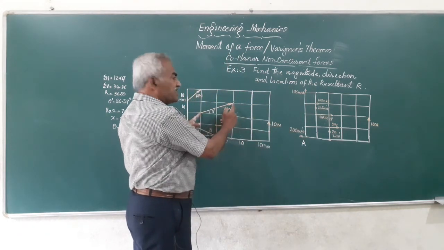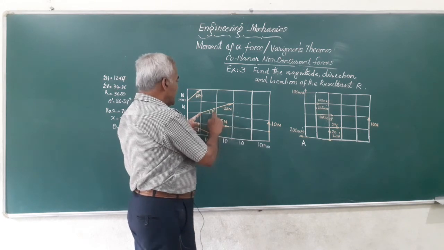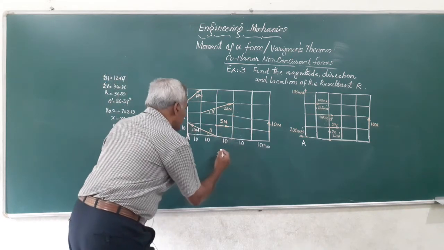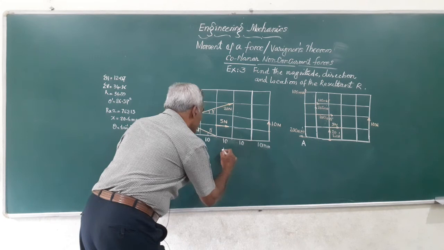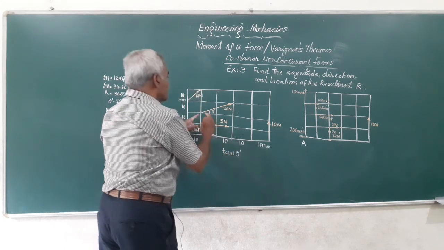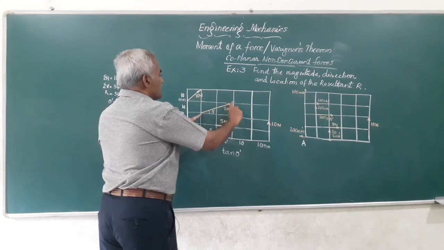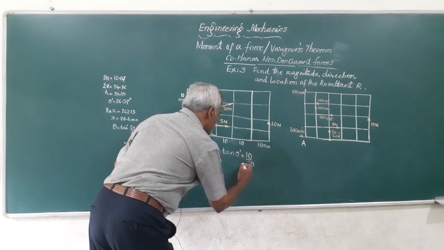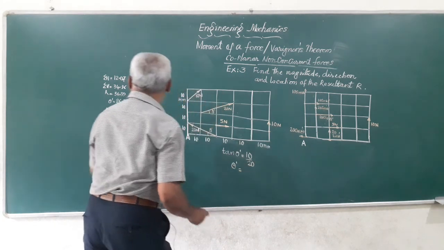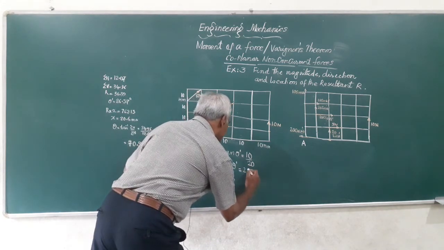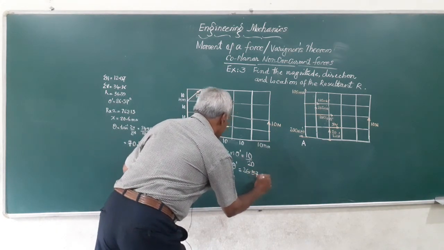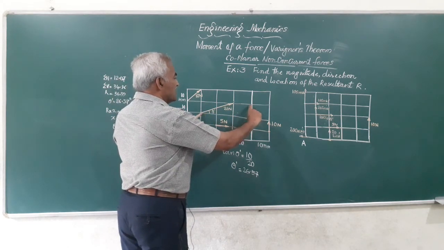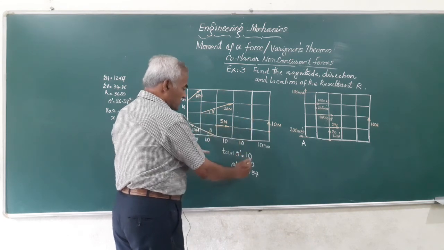Then friends, coming to this 20 Newton, it is acting at an angle of theta dash. Friends, you can find out this theta dash as 26.57. How to find out the theta dash? Tan theta dash, from this figure, is height divided by the base. This is 10 units, this is 20 units. That is 10 by 20. This is 0.5, and this theta dash works out to a value of 26.57 degrees. Suppose the same were extending from here to here, then you should have taken the height 10 divided by 30. 10 by 30 you would have got.